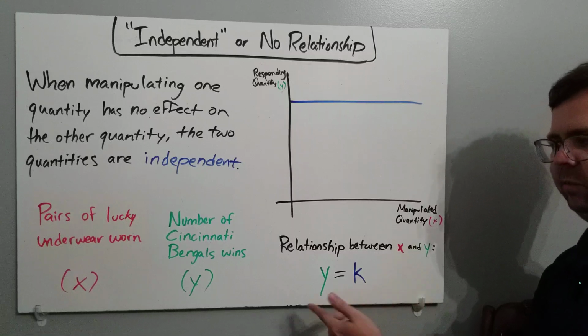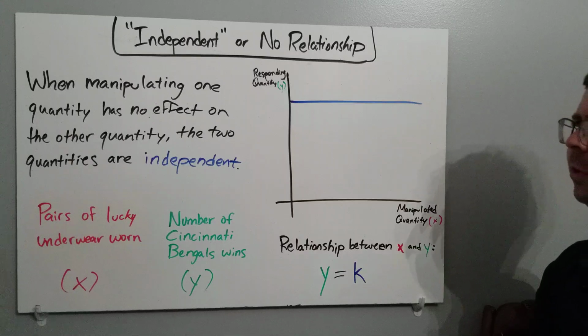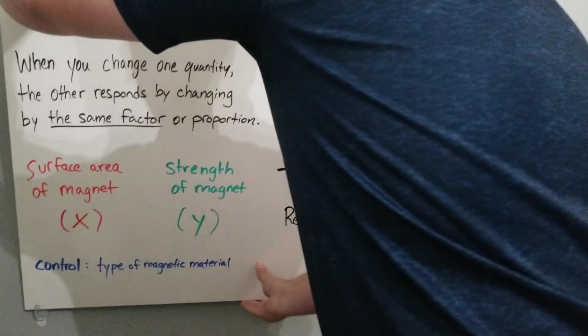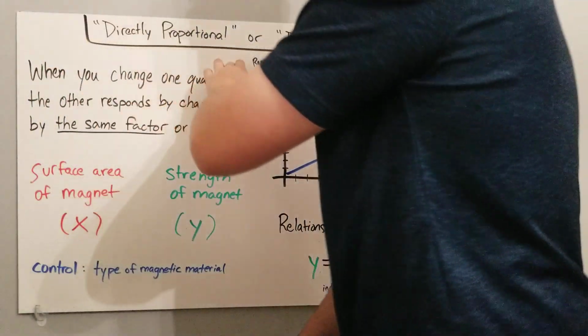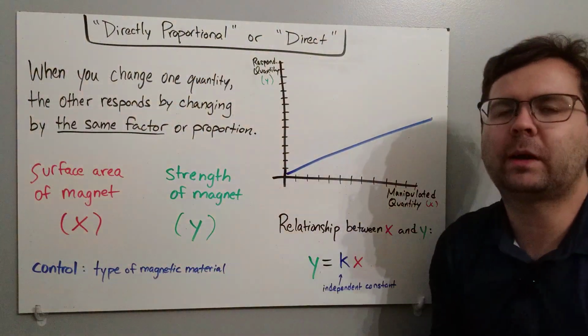So that x doesn't even show up in this relationship. So that's one kind of relationship. It's really not a relationship, one discovery that we can make. But the first major relationship I want to talk about today that we see often in nature is named